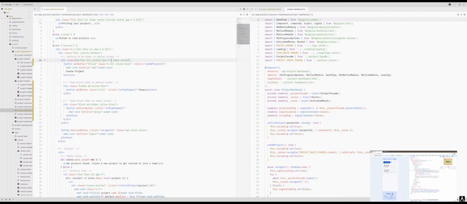Let me add a background here just so we see it more clearly. And then we make it... why is this behaving this way? If we make it a flex column here,